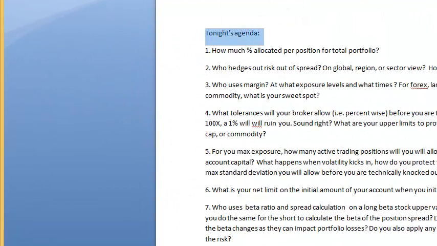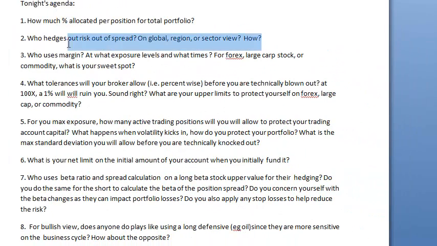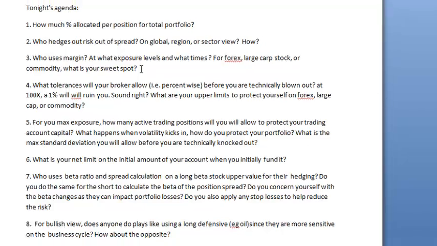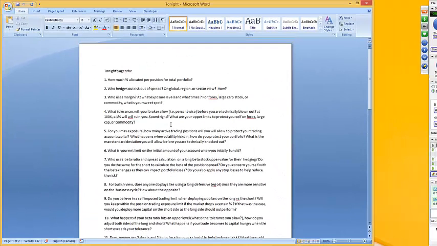So tonight what we're talking about is basically risk parameters. We talked about risk management, but this is different: risk parameters and how you apply them to your trades as you open up new positions, and how you manage the risk on your trades and your portfolio. This is a sort of topic I've never seen talked about before, so this might be new ground for a lot of you guys. Hopefully some of you might be experienced and you can help me learn this too, and we can go over it.